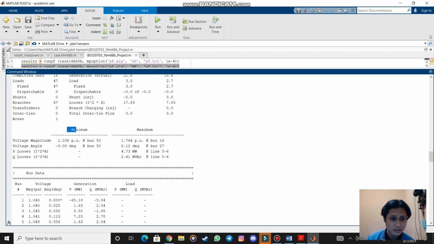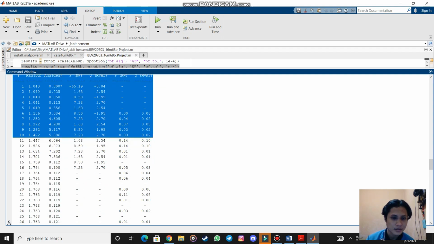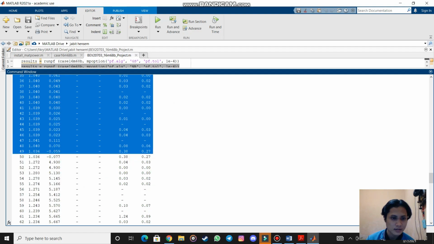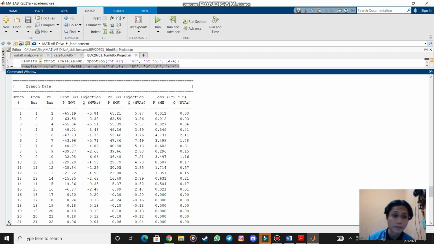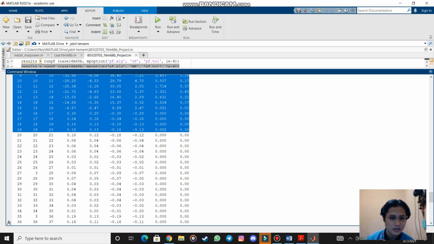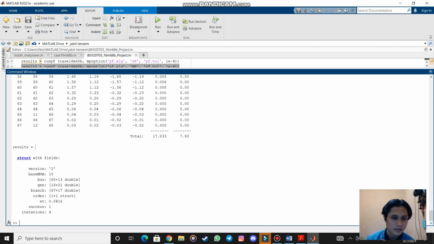Okay, this is the system summary. For the voltage, this is the result for the bus data. You see that? Okay, yes, that's it. And this one is for the branch data. All of this is so many. And that's all. And then the final result for the Newton's method: we succeeded in 4 iterations. Okay, that's all for the simulation from me. Thank you.